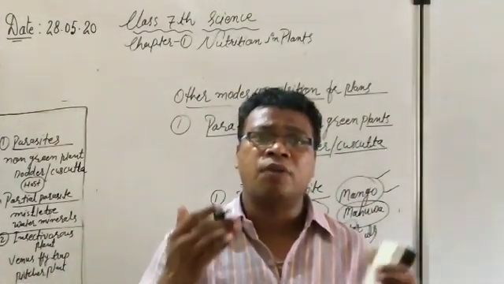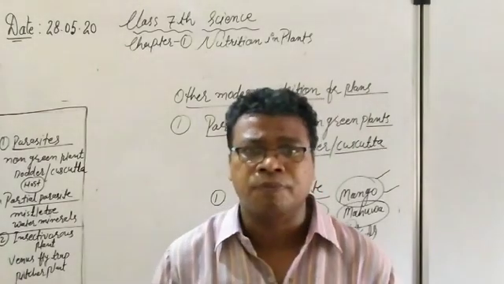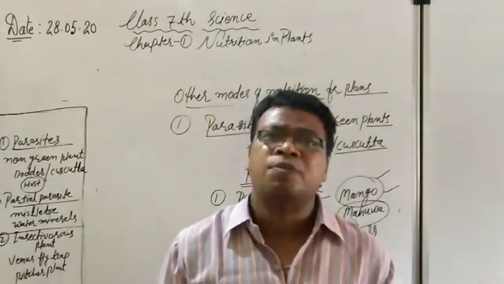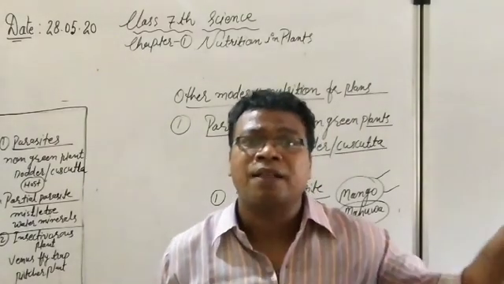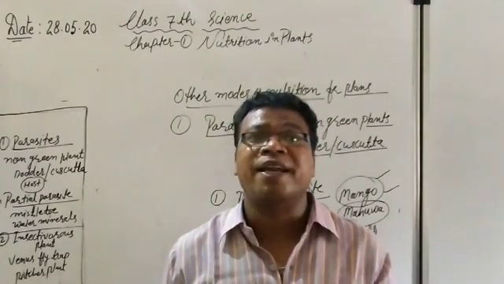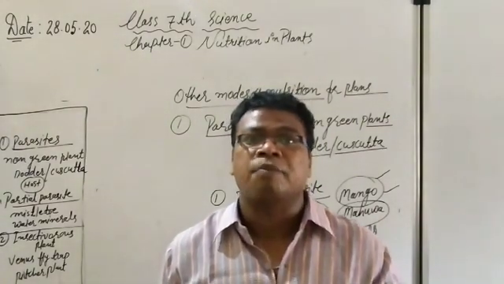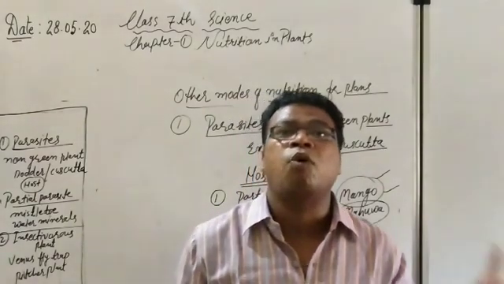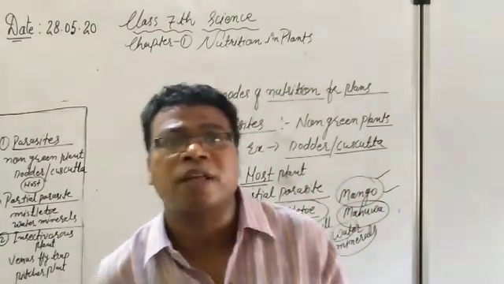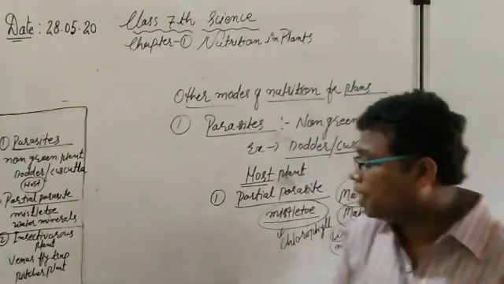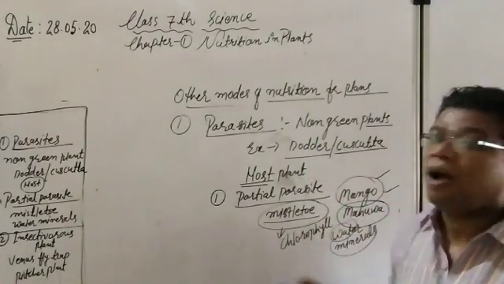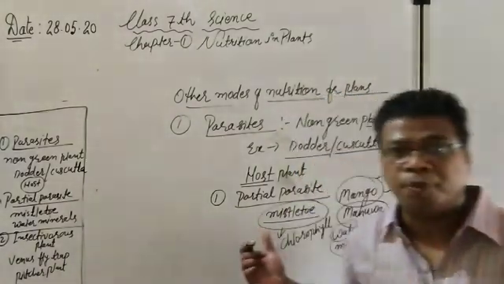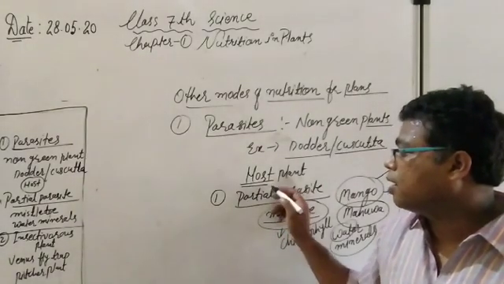Because they contain chlorophyll, they have the green pigment. In spite of this, they are getting the water and the minerals from their host plant. For the water and mineral requirement, they are residing on the mango or mahua plant, which is the host plant for them, and that's why they come under the